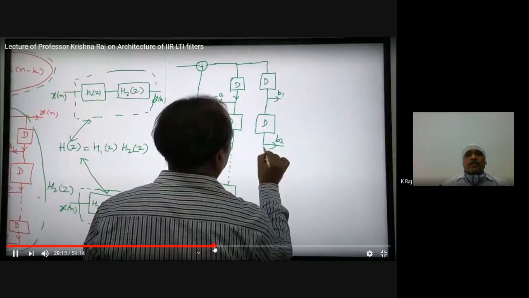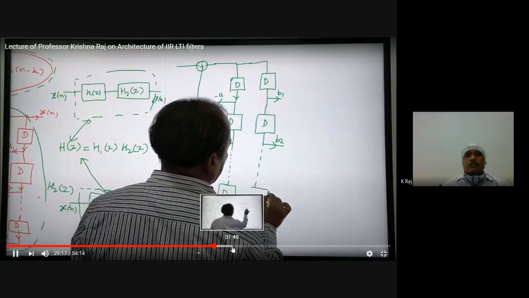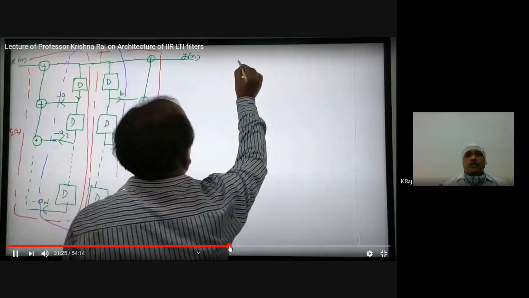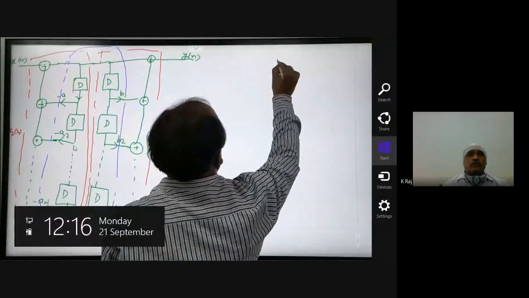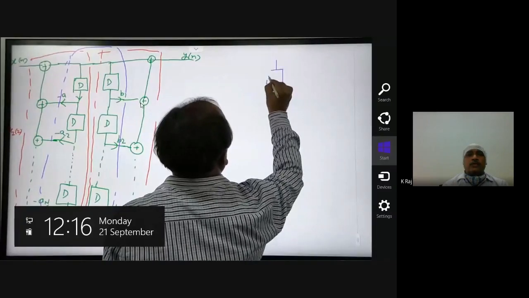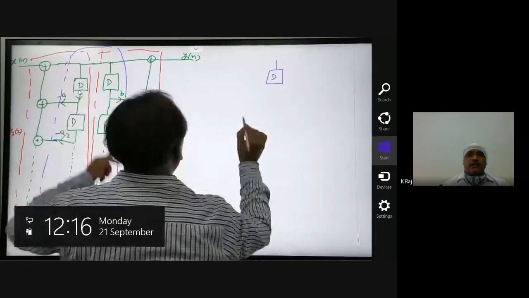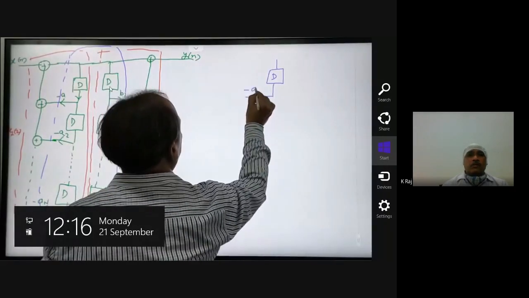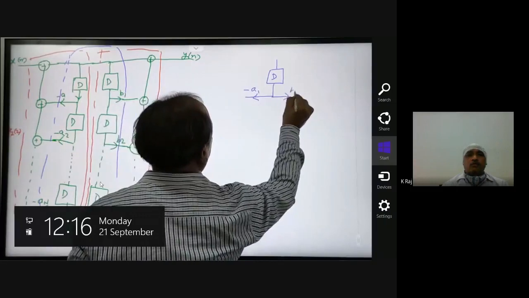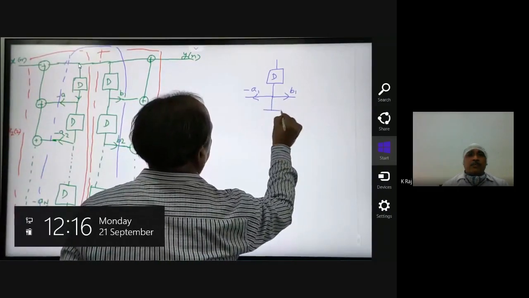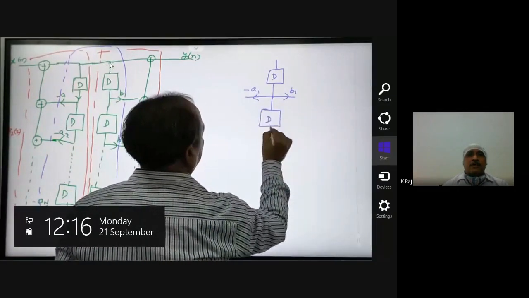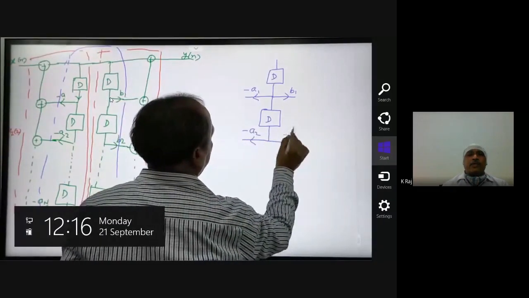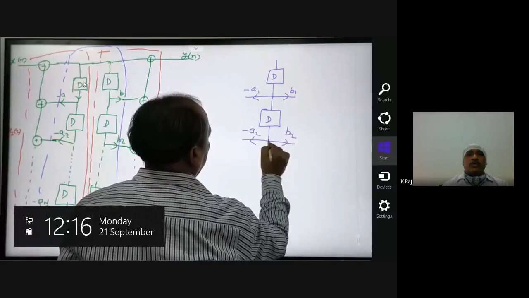Now see what happens after changing the position and location. We are just drawing here the graph related to H1(z) and H2(z). And now see here, this is H2(z). The first one is H2(z) and the second one is H1(z). Now there is a series of D elements, that is the delay elements, in this branch, and again followed by the same series of delay elements. So what we can say, whatever is the signal here, the same level of the signal is at this one, and it is delayed by 1 unit, again it is delayed by 1 unit. So we can merge these two branches of the delay here.